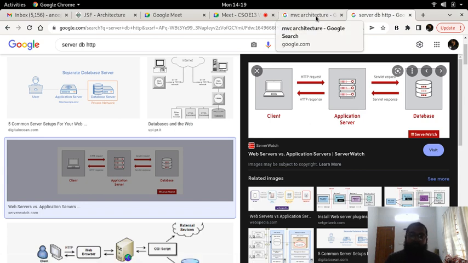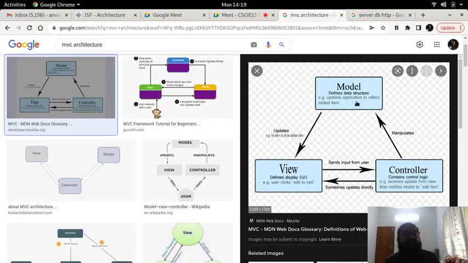The application is going to be designed in such a way that it will be divided into model, view and controller parts, where the view is where the user actually gets to see the UI. That means the view is the part of the code which will define the display, the user interface.